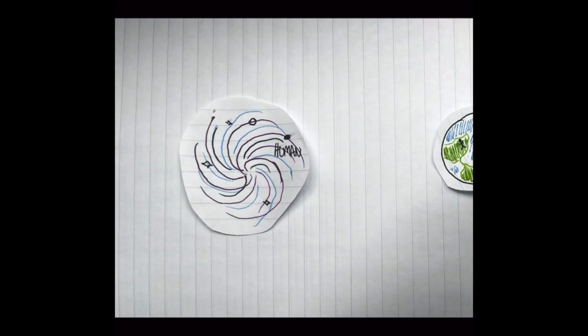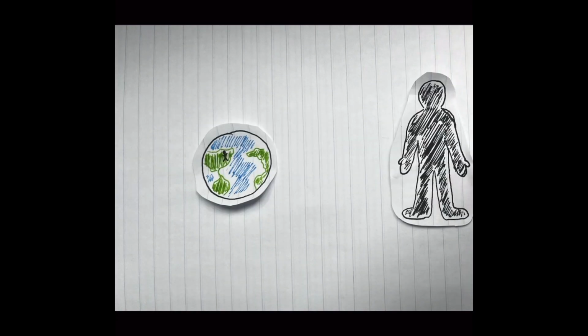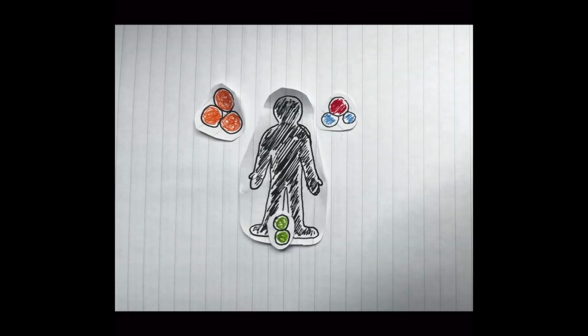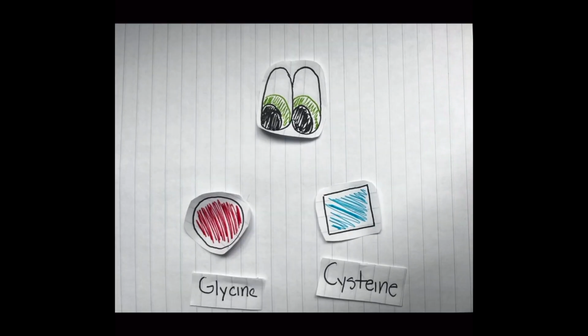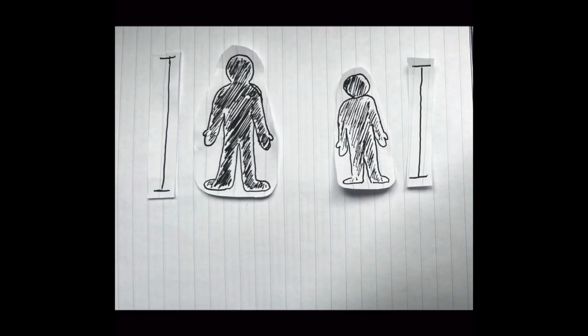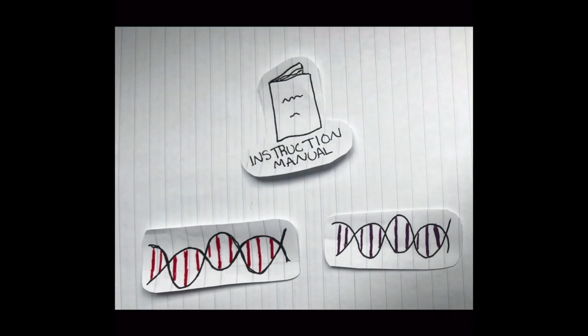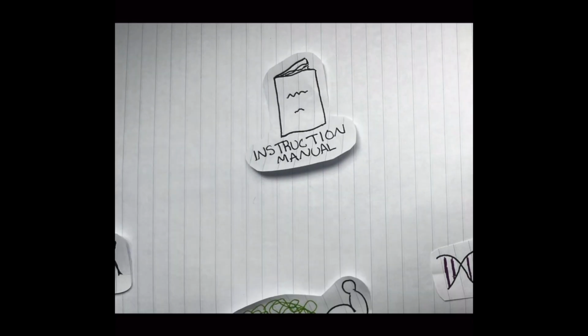Compared to the vastness of space, humans may seem like a speck, yet even humans are comprised of even smaller units of matter. In this video, let's take a look at two specific organic molecules that shape who we are. All humans are different, physically and genetically. This is due to all of our different DNA, which is the instruction manuals for making proteins.